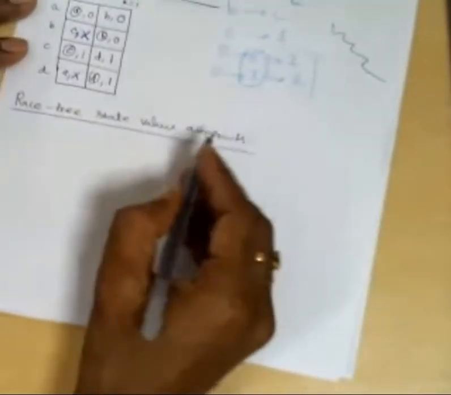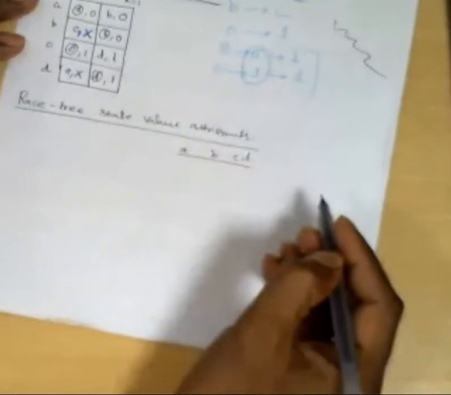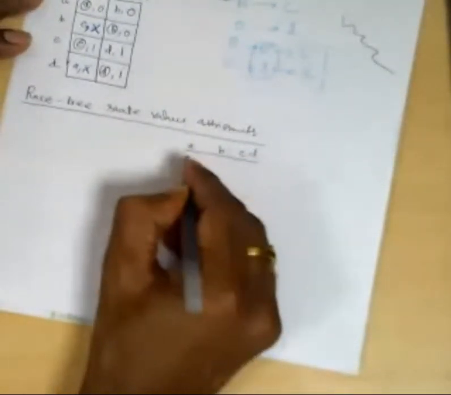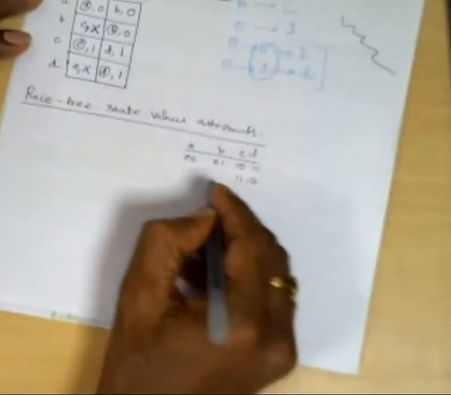Right. Before continuing the points, just look here. Suppose there are 4 states A, B, C, D. So what values are we going to assign to the states? 0 0, 0 1, 1 0, 1 1 or 1 1, 1 0. But how do we find these state values? How do we assign these values? If you just assign some values like that, there is a chance for critical races. So we should ensure that the state assignments will never lead to any critical races while transferring from one state to another state. That is the intention under this topic.